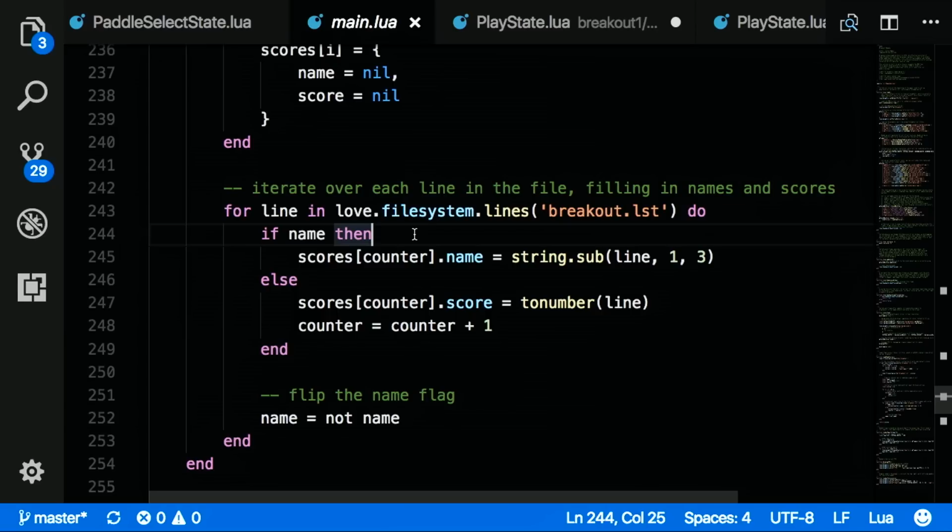which means that if it's line 1, 3, 5, or 7 in the list, then set the name to the value, and we're using string.sub just in case they write some long name. They can't do it through our game, but if it gets written to the file as some long name, it should get truncated to 3 characters so we can display it appropriately. And then otherwise, if we're not on a name line,